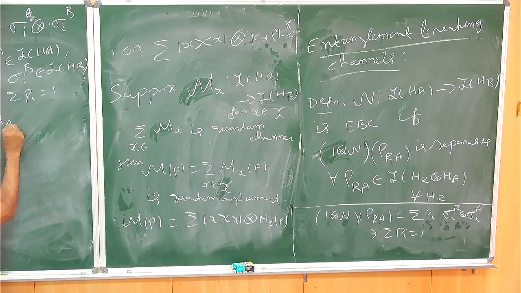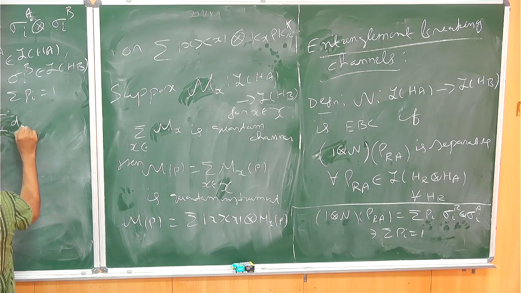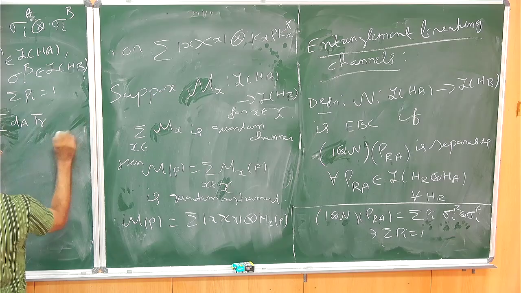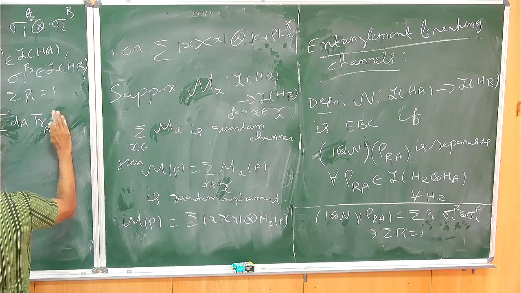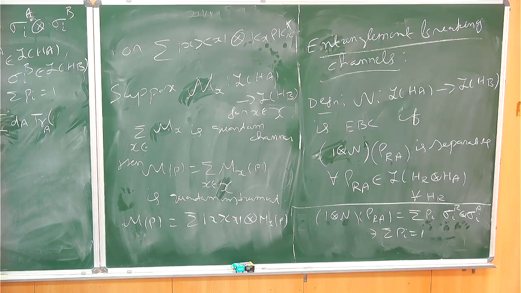There is a dA, summation P_i, summation over i. dA trace A of rho. I mean, trace of the whole thing, right? Write it down. This is equal to